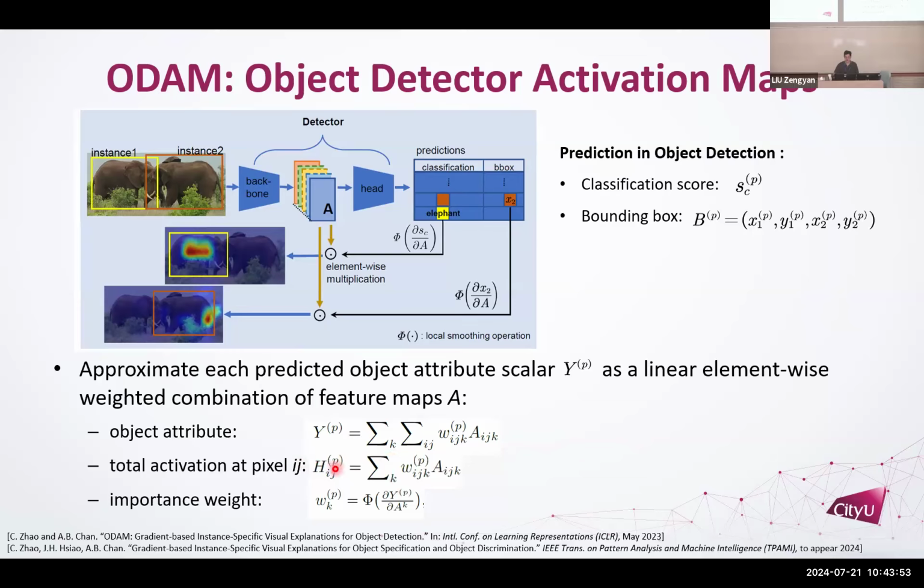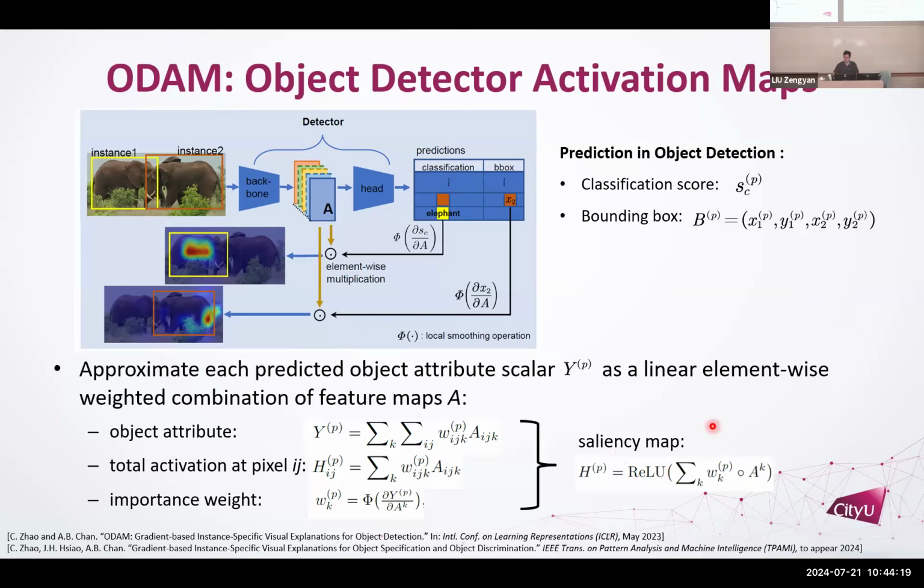This H is actually a first order approximation of the output Y, in this case a class score. So if I just sum up over all of the spatial indices i, j, I have an approximation that this should be the output of the model. So it's like a linear approximation at that input. These important weights are according to the gradient.